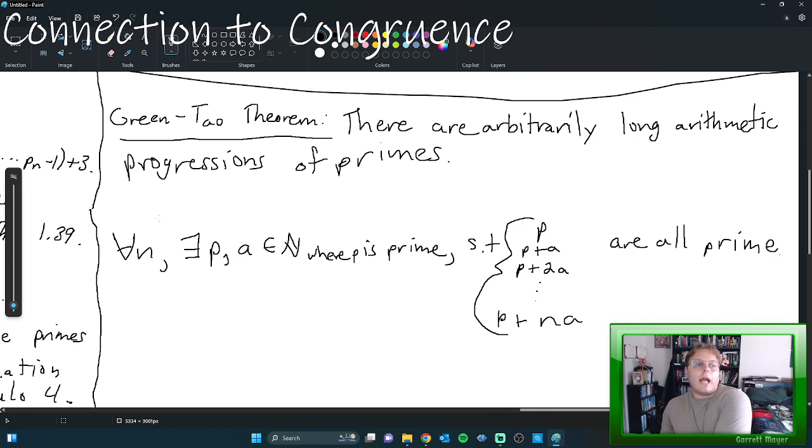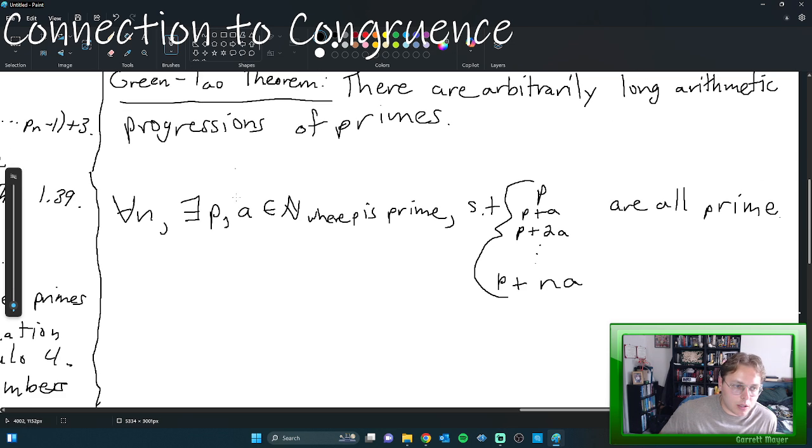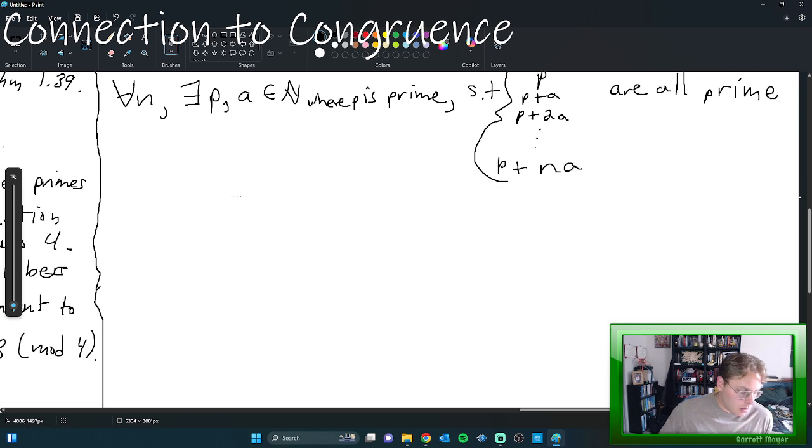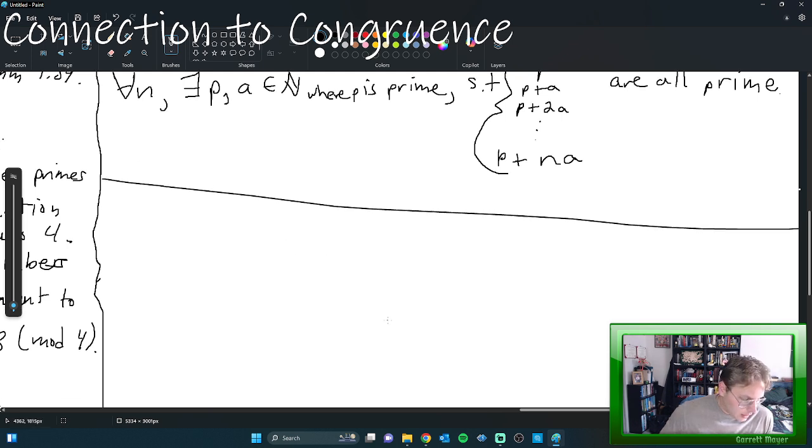So basically, for any n that you want to choose, you can come up with some progression of numbers of this form that are all prime. Start with one prime and just add a n times, and every single time that number will be prime. Now, the longest example that I could find that was found so far is for n equals 26. And